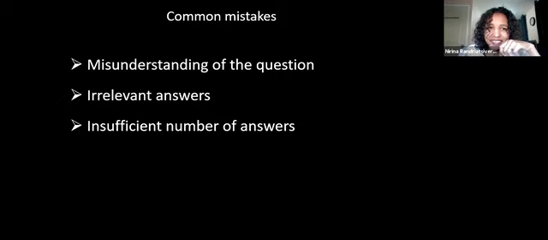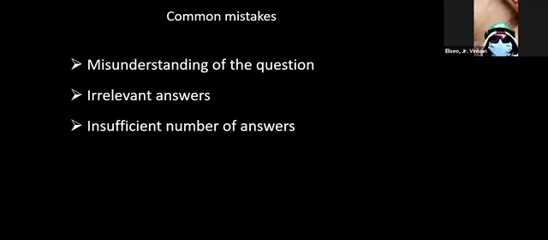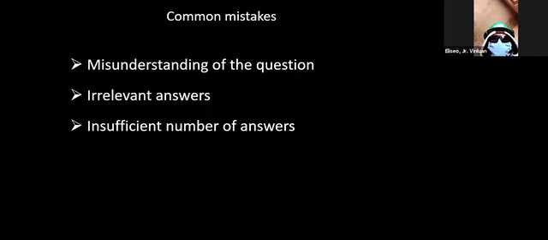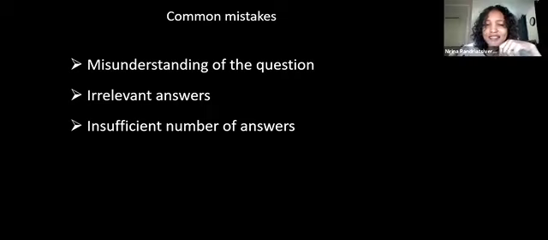Just a reminder, for each question, you have this number between brackets at the end of the question. It indicates the marks assigned for that question, but also the number of pieces of information that will be required for you to get the marks. Or in other words, just the number of answers required. So remember, when you say 10 marks, it means you need to provide at least 10 different pieces of information in your answer to get that full 10 marks. So don't forget that. This is really sad when good students with good answers fail just because they did not provide a sufficient number of answers.